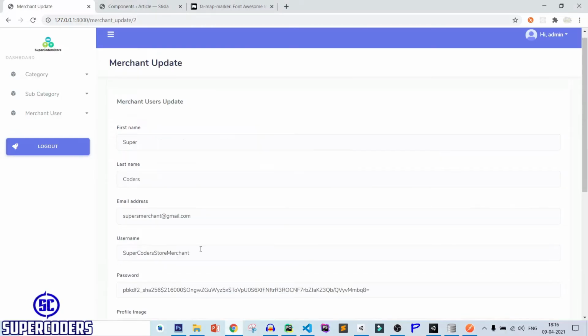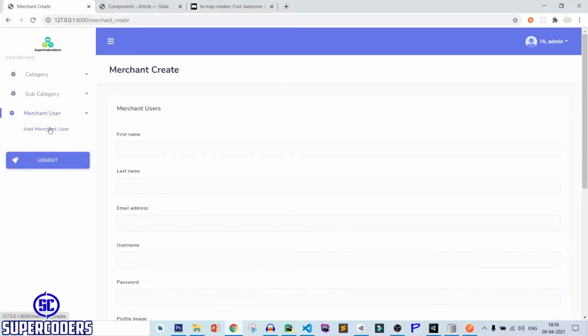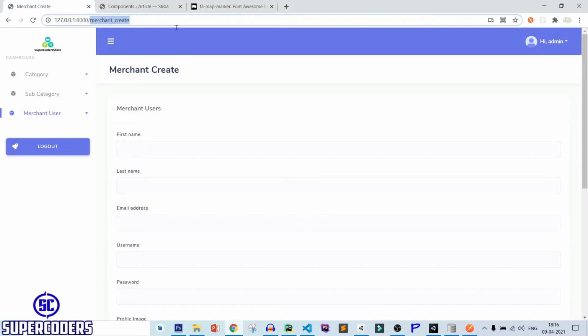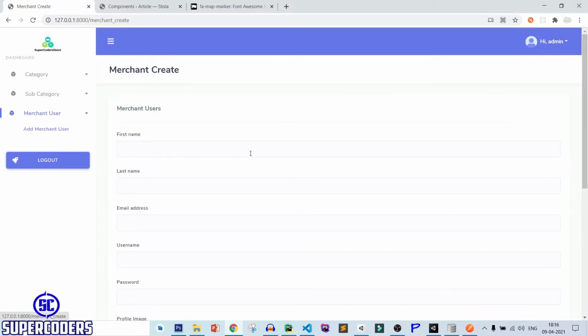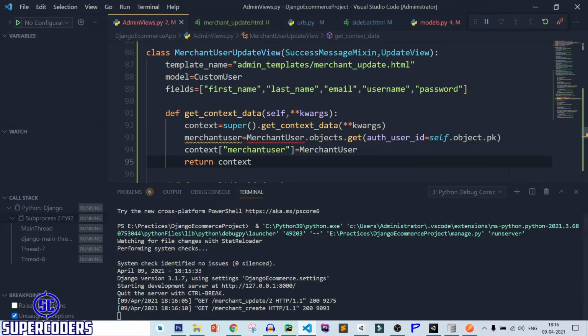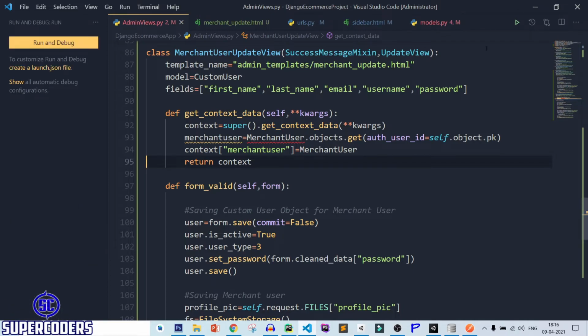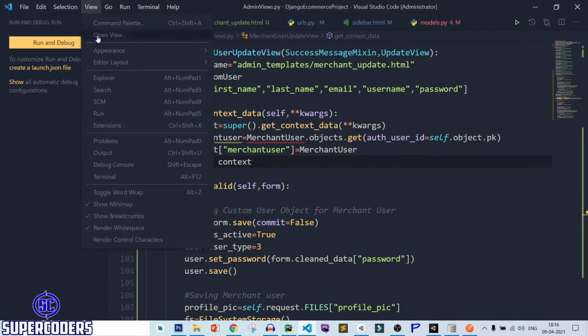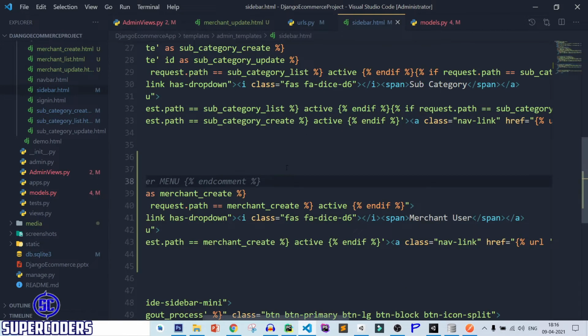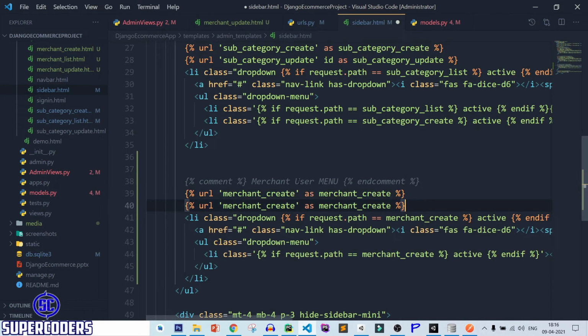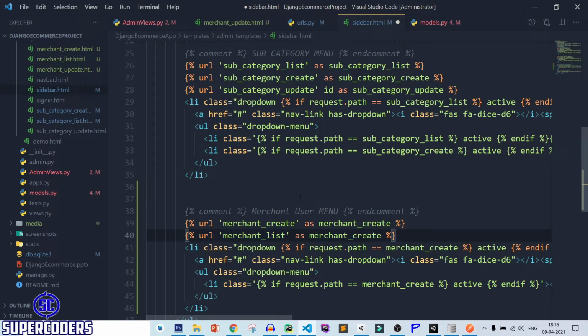After that, let's see other data. First, let's link the merchant list here, and close the debugger also here because it is working. So after that, link it: merchant list.